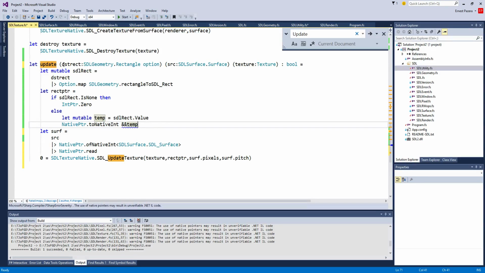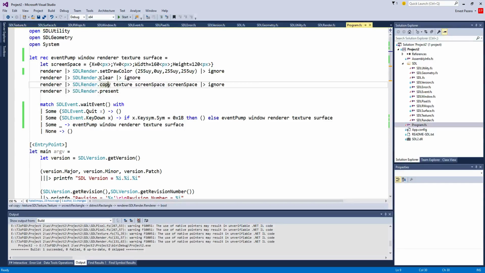And I can even put none here, and it will just make it a null rectangle. Could make a different function that just takes a surface. It may still decide to do that. But for now,